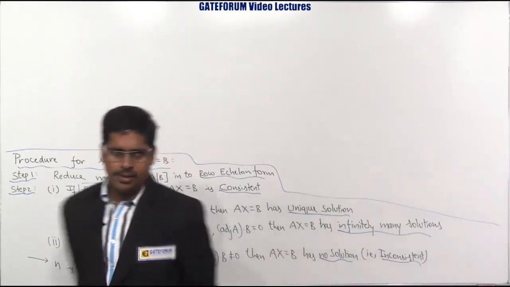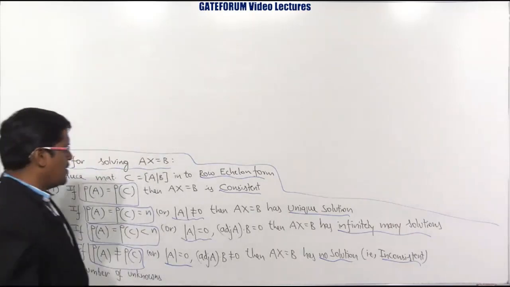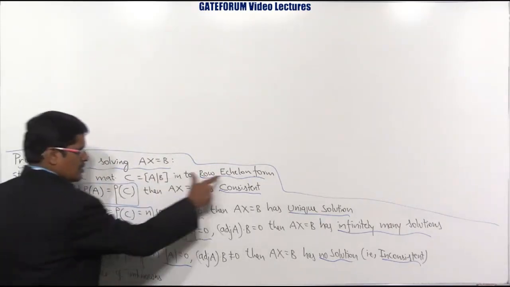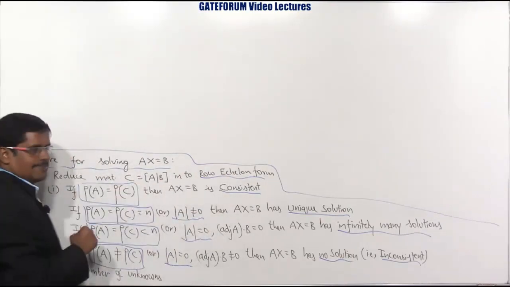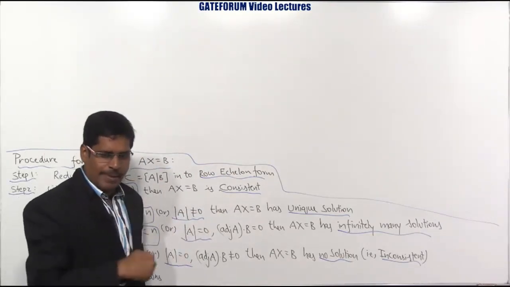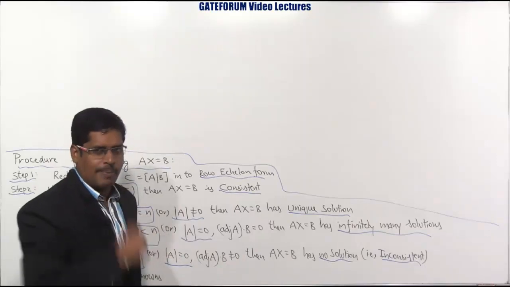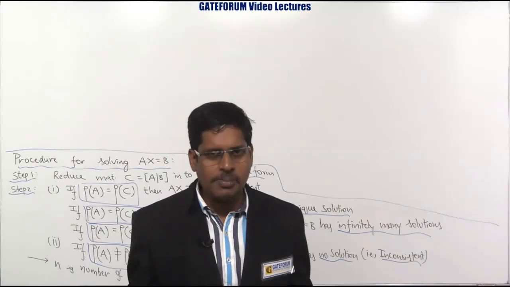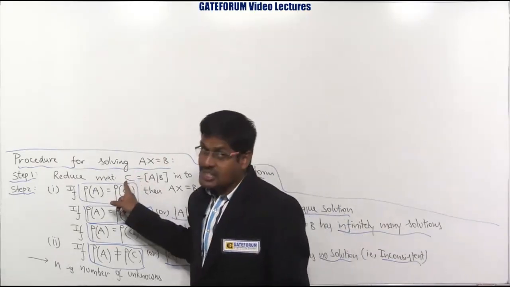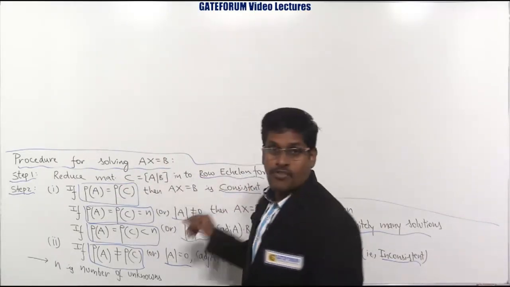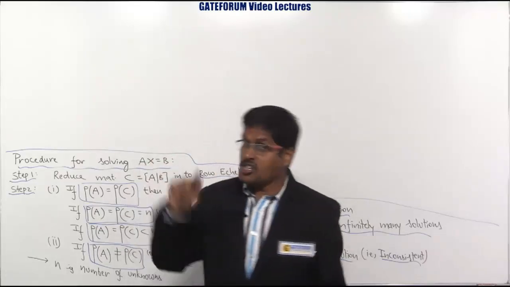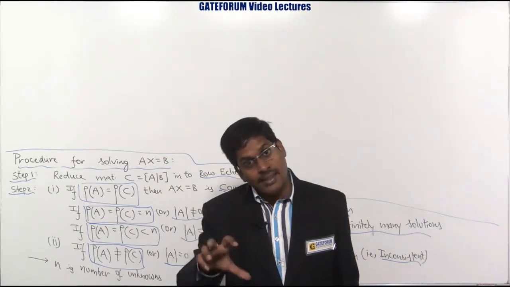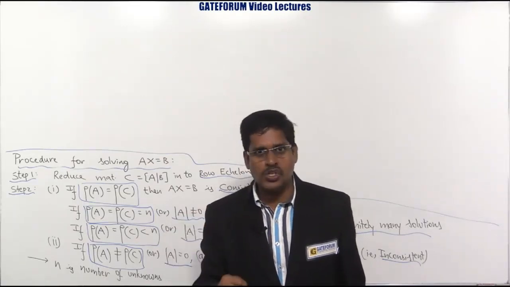So everyone remember the procedure for rank? So you have the augmented matrix, that is A by B, the C matrix only, take care. Step 1 is reduce this new matrix C, which is the combined matrices of left side numbers and right side numbers of the given equation, that is A by B, into row echelon form. What is the purpose of row echelon form? It gives the rank of that matrix. When matrix C is in row echelon form, automatically the matrix A is also in row echelon form. So when you are finding rank C, in that step, it will give rank A also by closing the